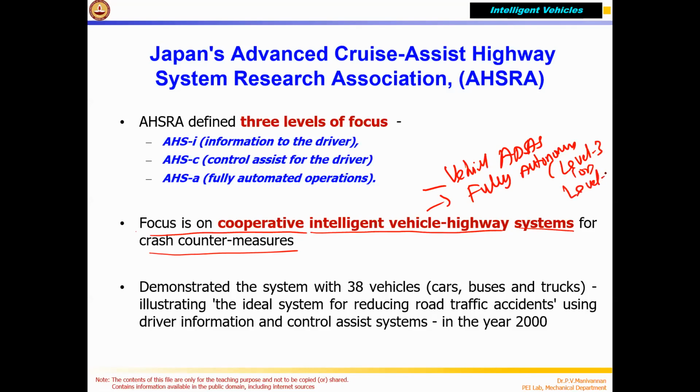Please note that whenever I say level 4, I am always referring to SAE automation. I showed you in the second class or third class, correct? So level 0 means absolutely no electronic sensor, correct? Absolutely no electronic sensor. That is fully manual control. Level 1 has some amount of electronic control, the cruise control. The vehicle can be driven automatically at a particular speed, we are going to see, but it will not